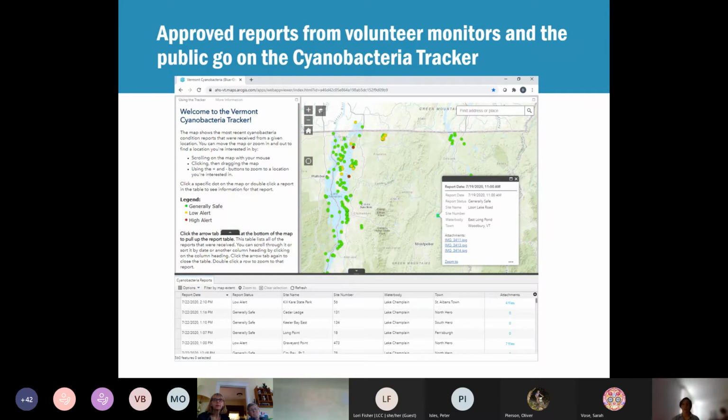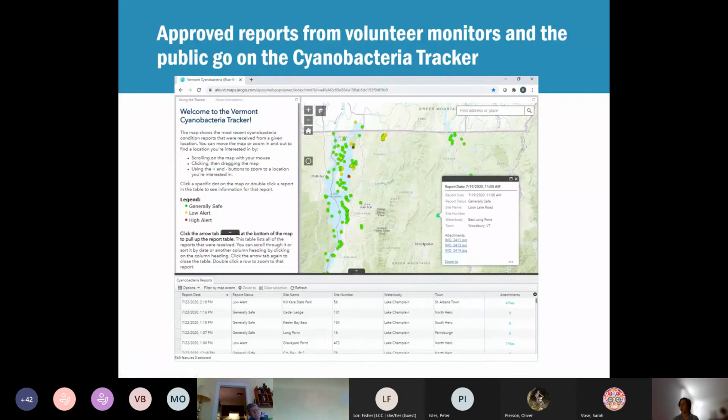And if the photos show that a cyanobacteria bloom or the start of one was happening, the report is added to this online cyanobacteria tracker map as either a low alert or a high alert, depending on the size and density. In this way, anybody with internet access can see that a cyanobacteria bloom was reported there. It includes the